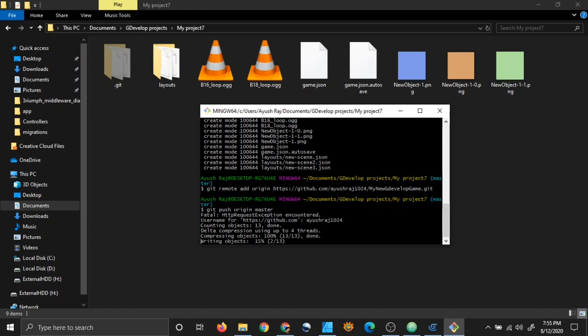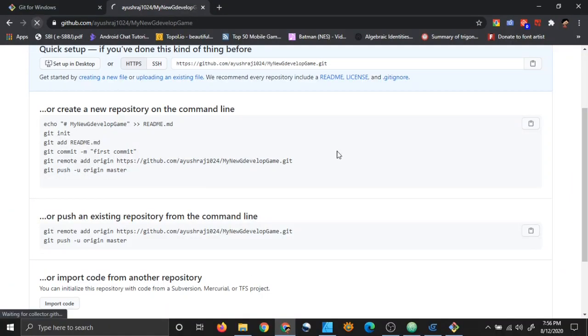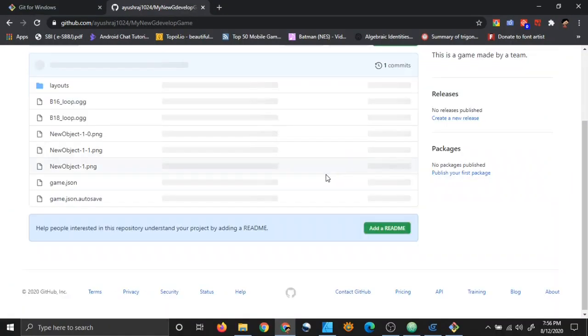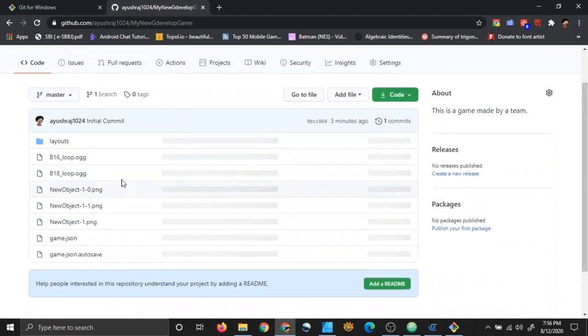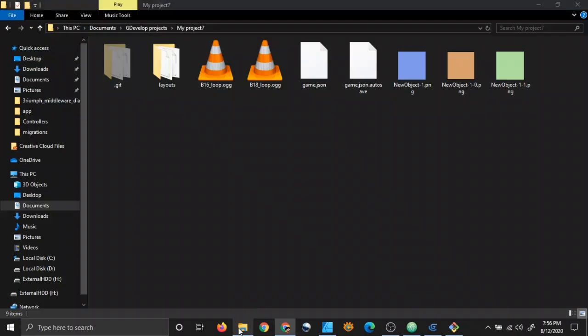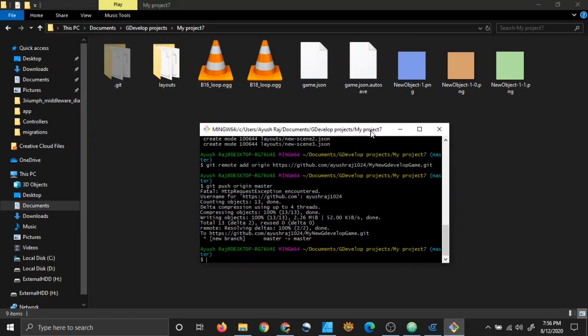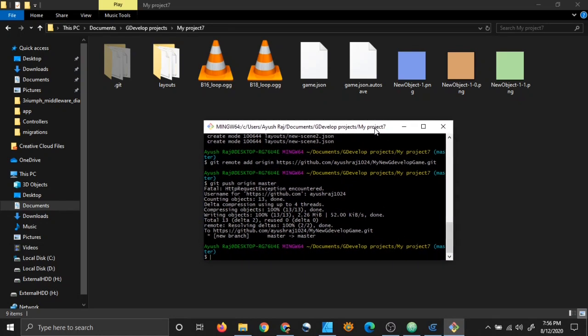It may take some time, so you have to wait till it's done. So now I have pushed my files to my GitHub repository, and let's see if they are there. Yeah, as you can see, I have my game files on my repository now. So that's pretty cool, right? You have now actually sent your game files to GitHub.